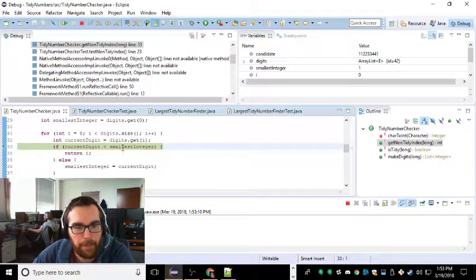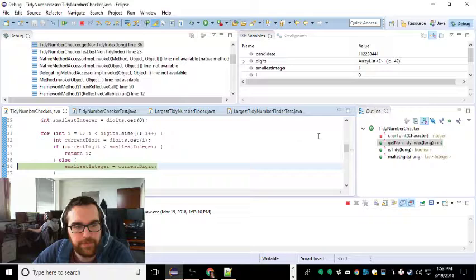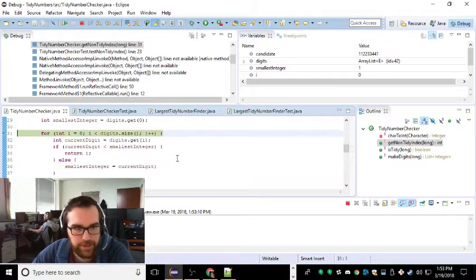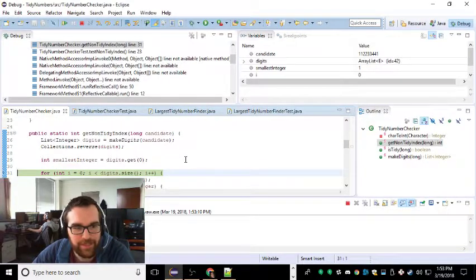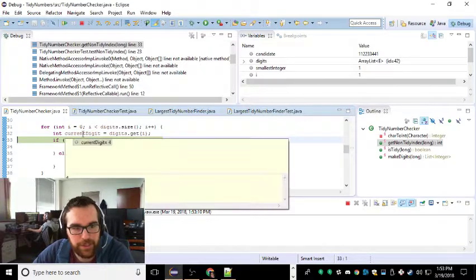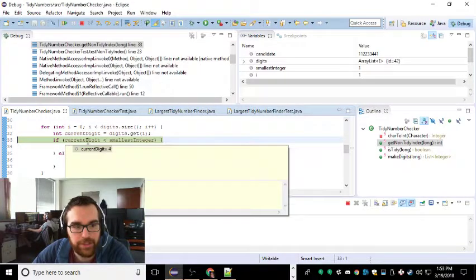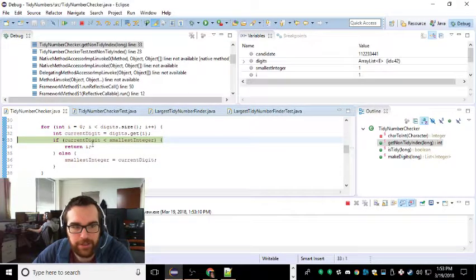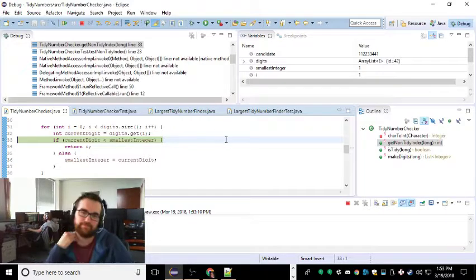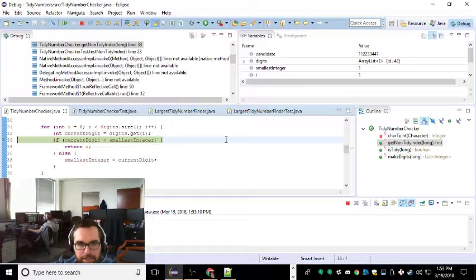That's great, and the current digit is less than the smallest integer, so that's fine. Now we're going to get the current digit, which is 4. If the current digit is less than the smallest integer, which it's not. Okay, because I reversed it, ugh, that's such a pain. So I need to detect where the first one is bad. So the next one